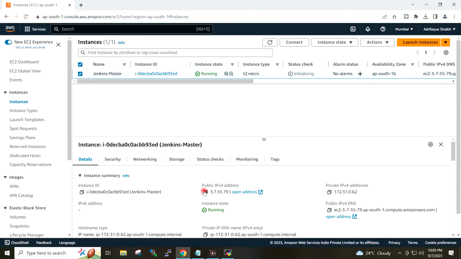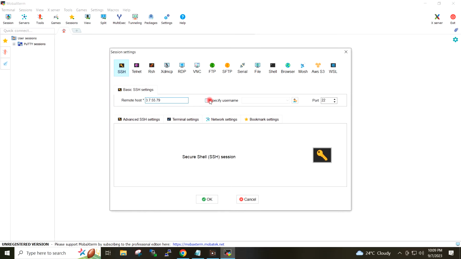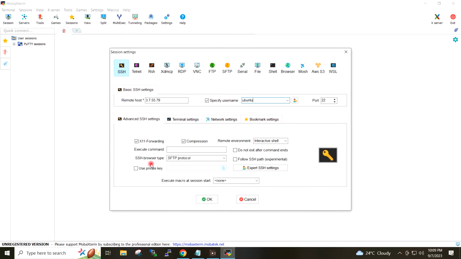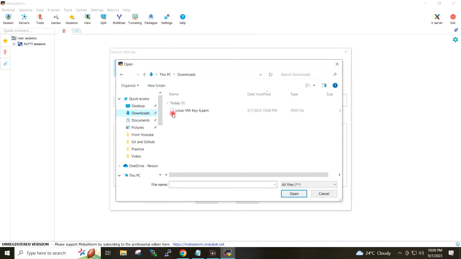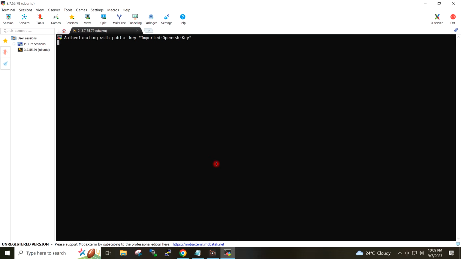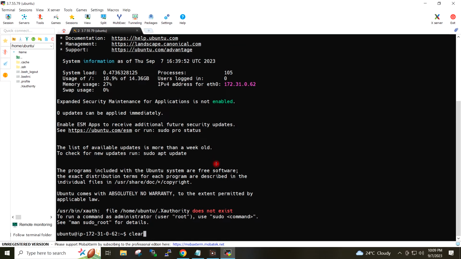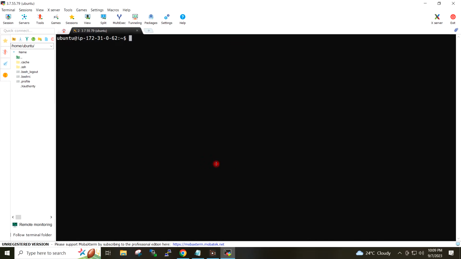I will copy the public IP of the virtual machine and access it from my local system. I will select the key pair. I will first do the system update.